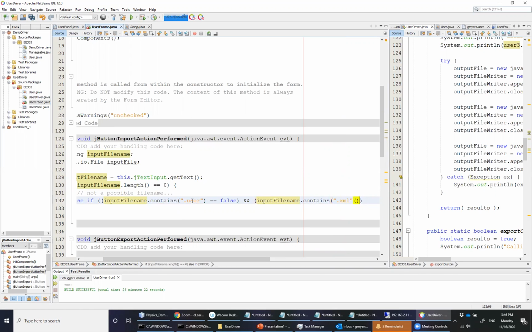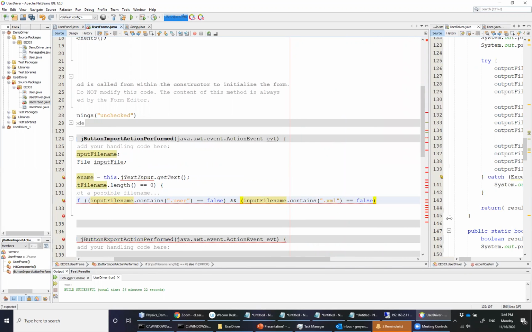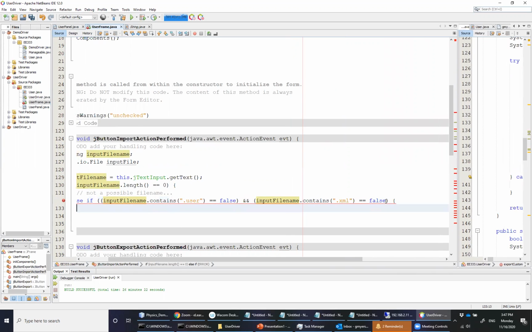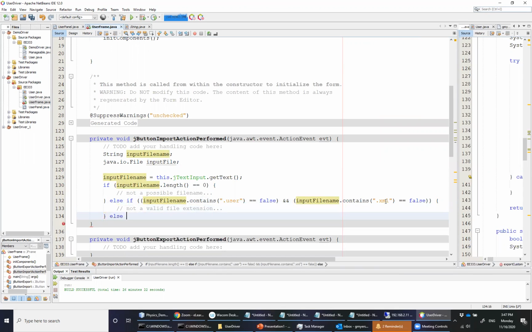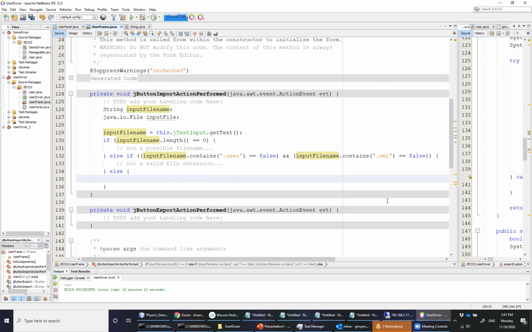If both of those equal false, that means that we did not have a valid file extension, or at least not one that we were prepared yet to support. I think I'm missing a parentheses there. There we go. So not a valid file extension. And from there, what we want to do is any additional error checking, but assuming that we managed to make it to the else at this point, we could then use a nested if statement to handle the different file extensions. One way to do this would be to simply say if our input file name